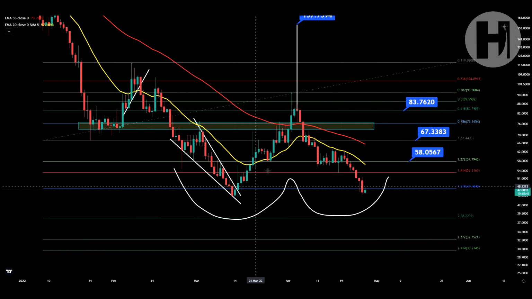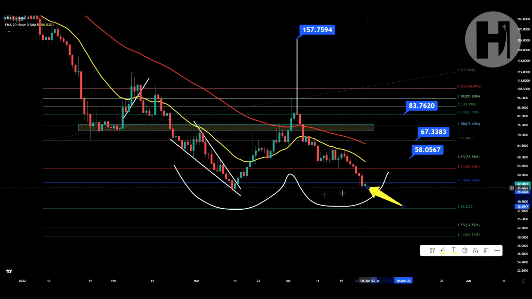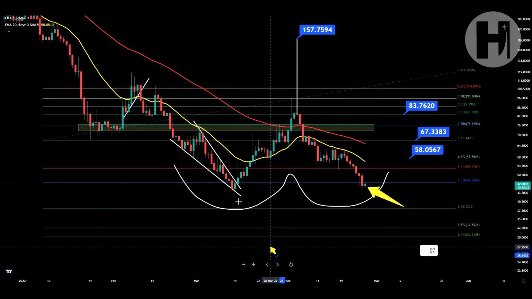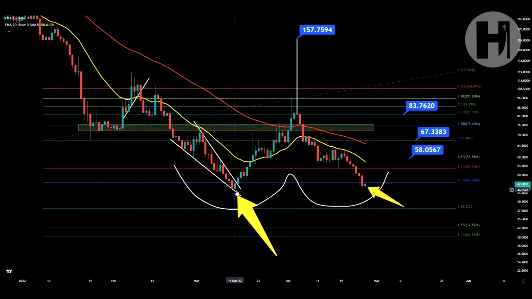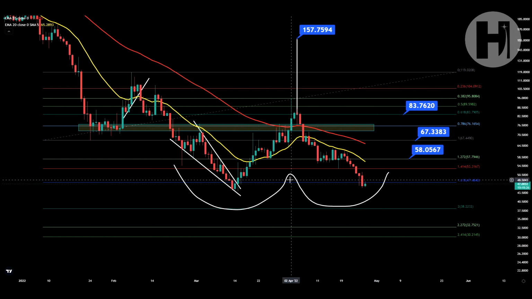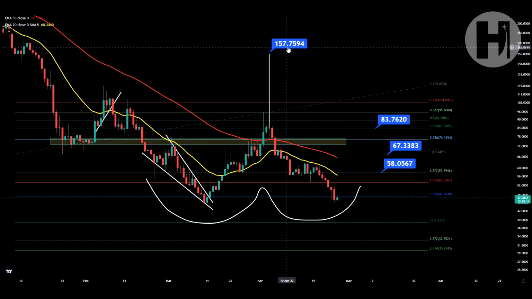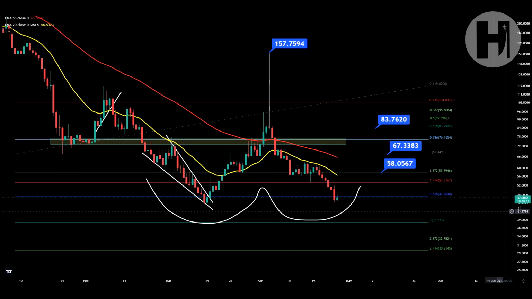And I did talk about this huge double bottom pattern that we potentially have on our plate over here. So if this second low doesn't go lower than the first low over here, then your pattern is not invalidated. So at the moment, this is a valid double bottom pattern. If we start breaking the neckline, which is where the golden ratio is over here at $83 or almost $84, you're looking at $158 as your technical target out of this pattern.